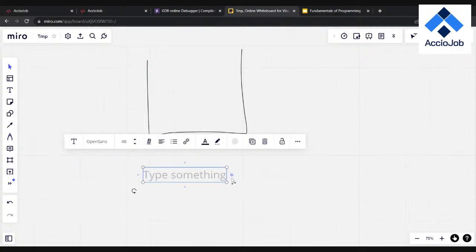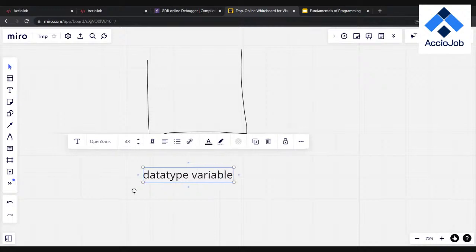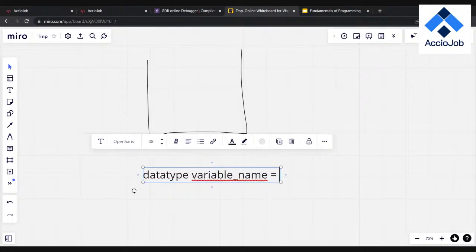Let's try to understand prototype. A prototype is a way of telling you, okay, this is how you will create a variable. So the syntax or prototype is: first you write the data type, then you write the variable name,